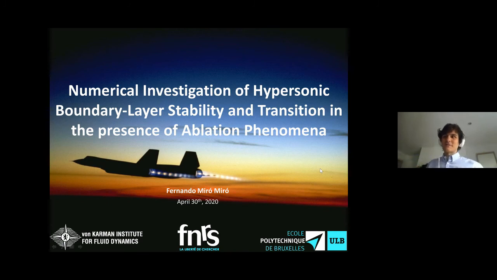Indeed, always comparison against experiments, especially in high entropy situations, it's a big challenge because, well, finding a facility which can actually reproduce the conditions that you have in flight is really, really hard, which means that you should basically have some sort of flight experiment, which is just incredibly expensive and complicated. So I guess to answer your question, yes, they are. I mean, most of them are theoretical at this point. But yeah, that's what we have. There aren't that many experimental results out there. I hope that answers the question.